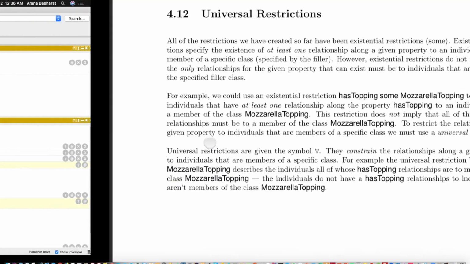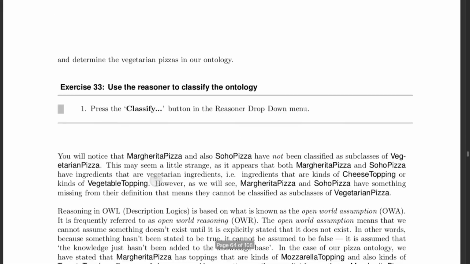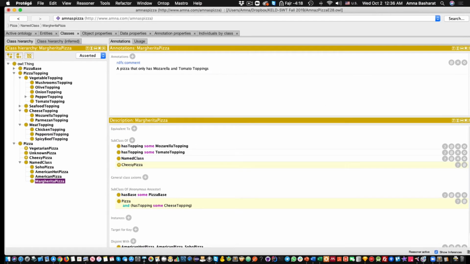If you go back to your tutorial, closure axiom is explained in section number 4.13.1, right? So a closure axiom is a restriction that gives a property a filler by saying that these are the only possible fillers or values it has, and this restriction can be asserted by creating a union of the fillers that exist in the existential restrictions. So for example, if the Margherita pizza has two existential restrictions, one with mozzarella, one with tomato, we would need to add a closure axiom that would say that it only has toppings which are the union of mozzarella and